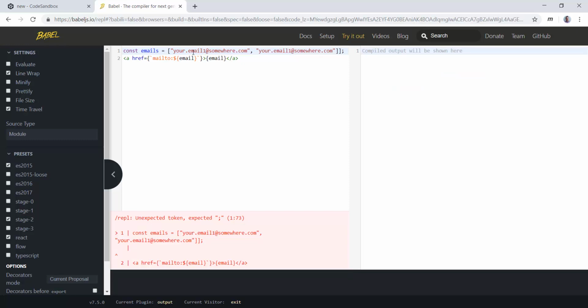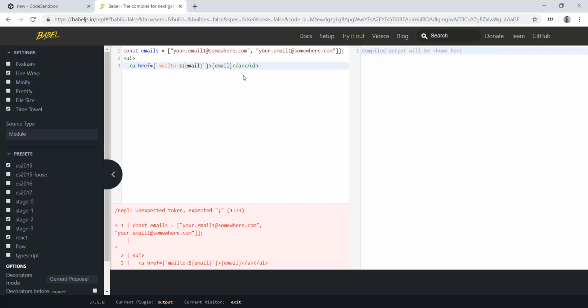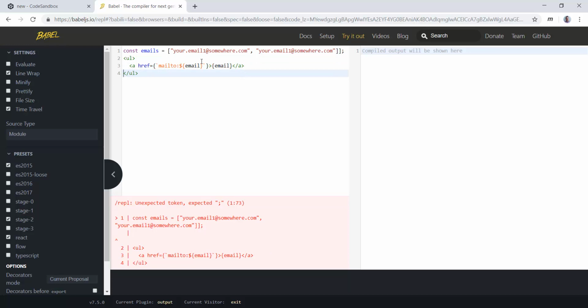There we go. And we're going to create an unordered list, and we're going to map over, so we're going to start some JavaScript to map over the array of emails. So curly bracket to start the JavaScript. We're going to use the map function on the array, and then each email in that array is going to create a list item,